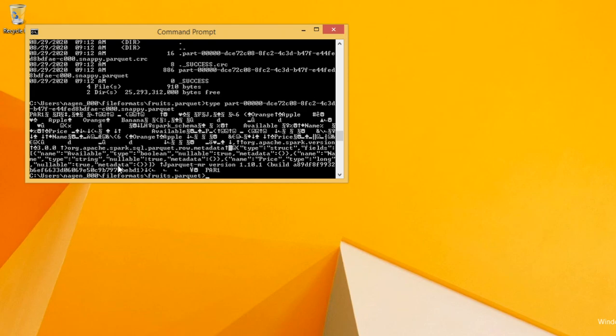So what a Parquet file is, it's a columnar data format especially for processing big data and analytics purposes. Let's say one example I can give is I have 10 columns of data in our data frame, and I just want to read two of those columns, and I have a lot of data.